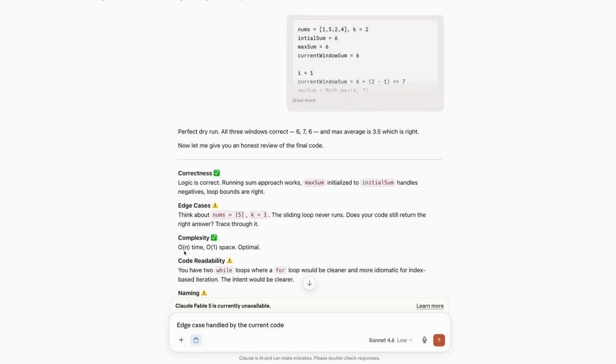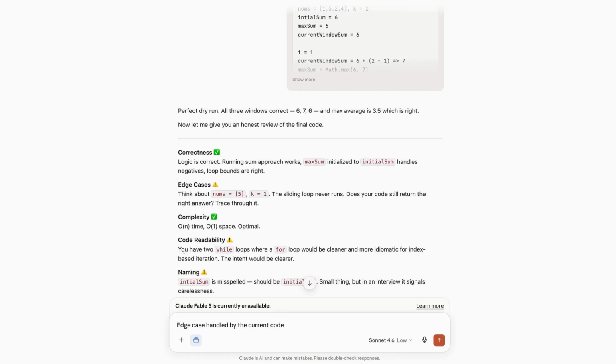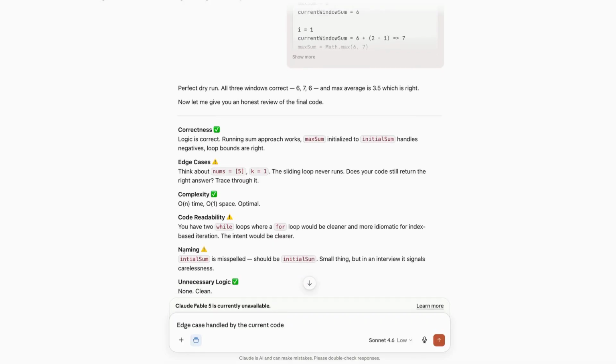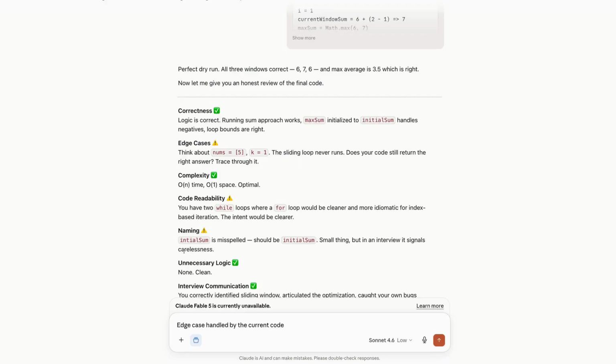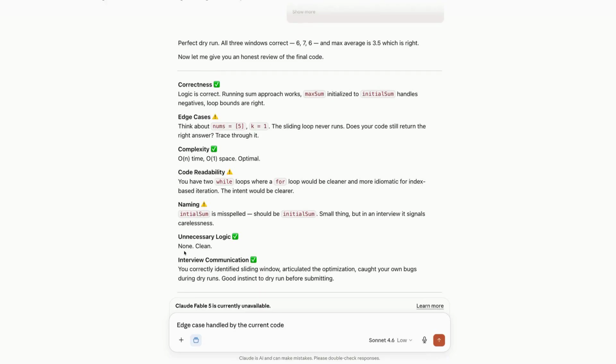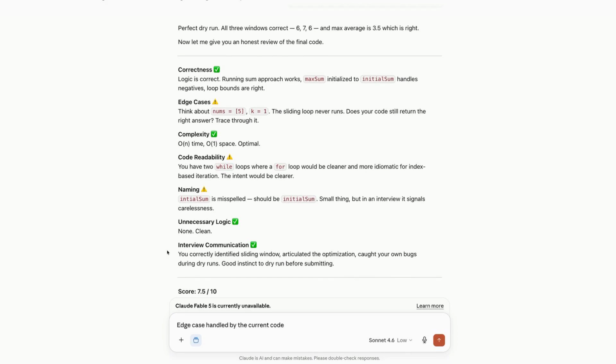Complexity: big O of n time, big O of 1 space. Code readability: you have 2 while loops where a for loop would be cleaner and more idiomatic for index based operation. The intent would be clear. Naming: initial sum is misspelled, should be the k. Unnecessary logic: none. Clean interview communication: you correctly identified